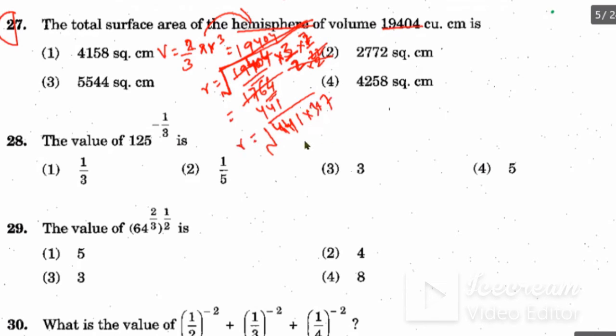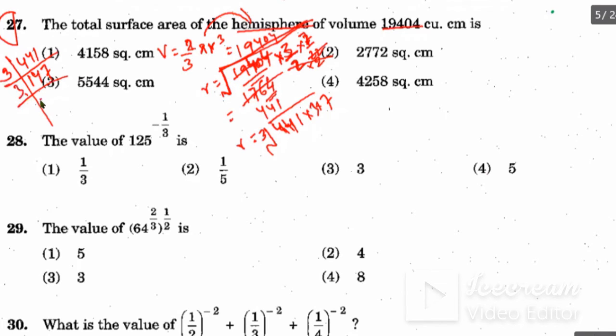Okay, r is equal to like this. Cube root. This is cube root. So if you divide 441 again, you don't know how to find the cube root. So you have to do prime factorization. So 4 plus 4, 8 plus 1, 9. So it is divisible by 9 and 3 both. So you can start by 3. 3 1s are 3, 3 4s are 12 and 3 7s are 21.